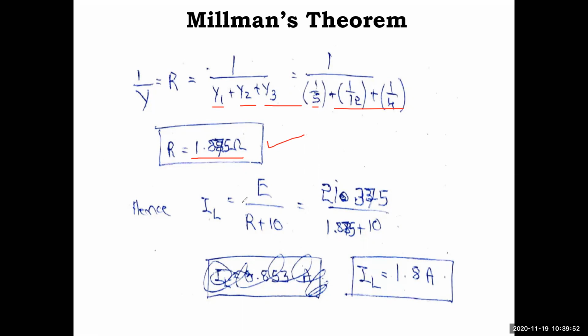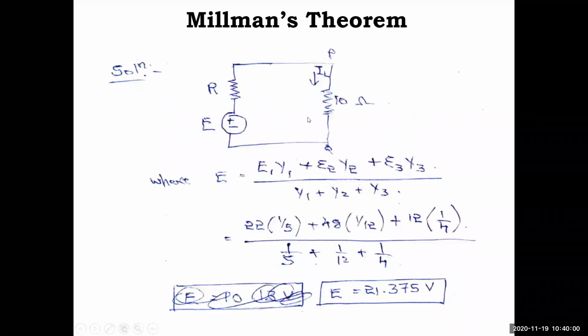Okay, if you apply the KVL, what will you get? So just to show you, I have written the formula straight away here because it is a single circuit, right? If you apply the KVL here, what will you get? So always the current enters, right? So plus minus should be there here, and this is also current entering, an absorbing element, plus minus. Okay, minus to plus. So depending on the symbol, it is minus E, then plus I into R, or IL into R, plus IL into 10, or 10 IL, is equal to 0.